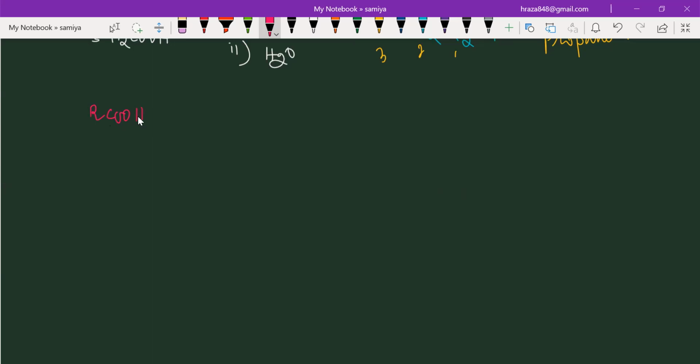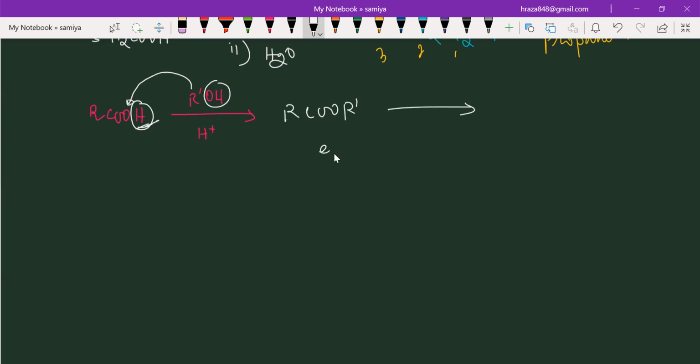If you have carboxylic acid, you are going to dip this in alcohol in the presence of acid. Then what you will get is ester, RCOOR'. Basically, here water will be eliminated, H from the alcohol and OH from the acid, and this ester now